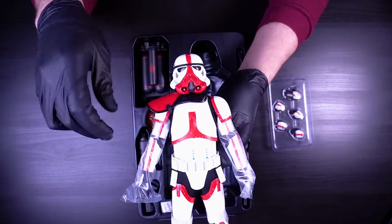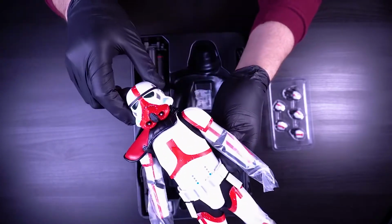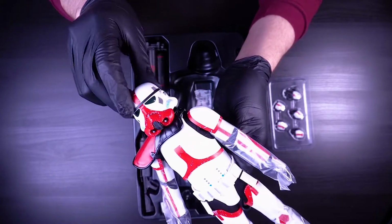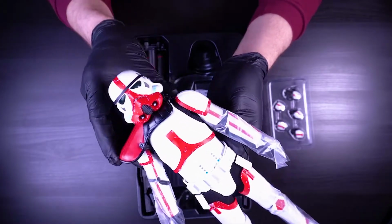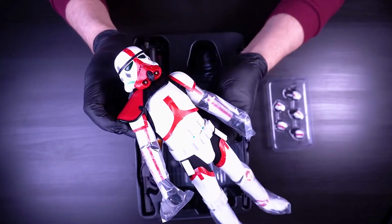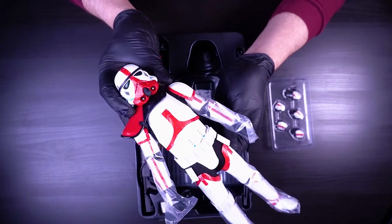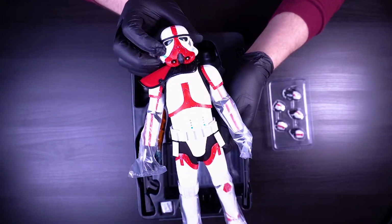I like the ruggedness of the figure. Can that come off? No, it's not like the Death Trooper. Wow, look at this. I think I would have wanted the red to be a little bit more burgundy-like versus red, but